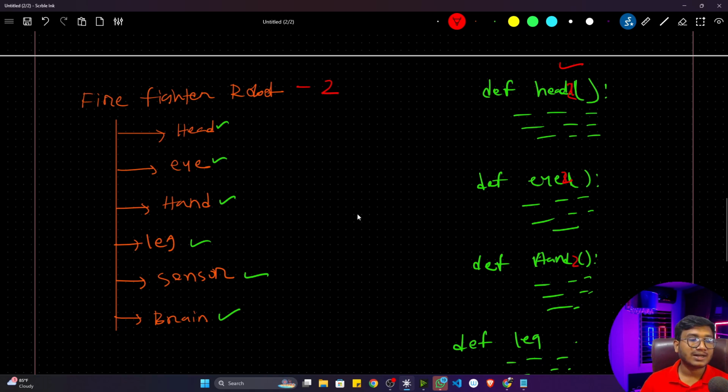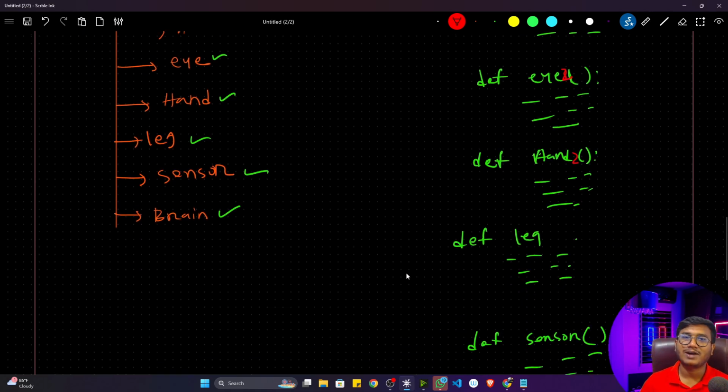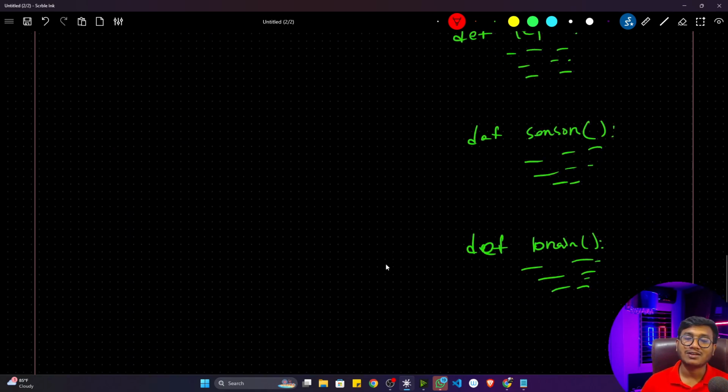Now, let's say there might be another condition. Your company will tell you, just try to create another robot called robot 3, robot 4, robot 5, and so on. So you have to again repeat this function. Just try to think how many lines of code, how many functions you have to create in just one file. So here the code management would be really hard for you.